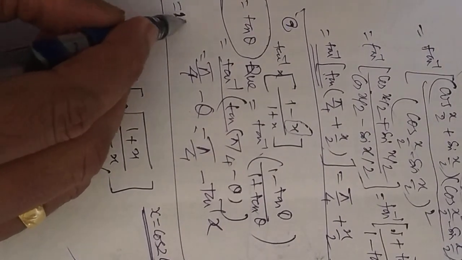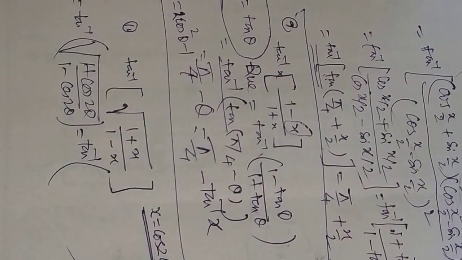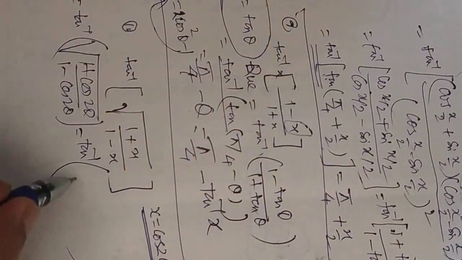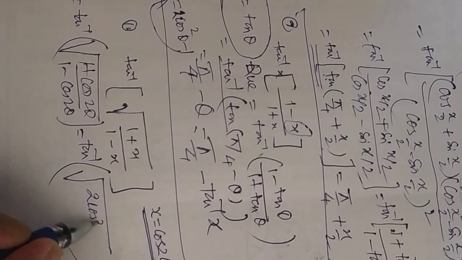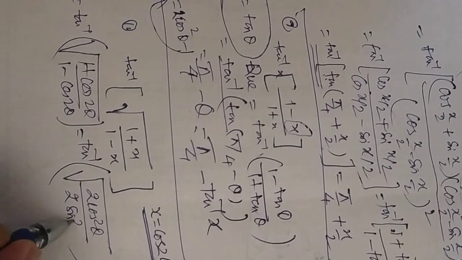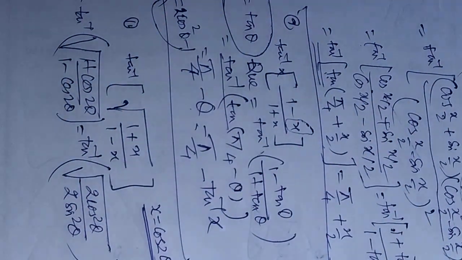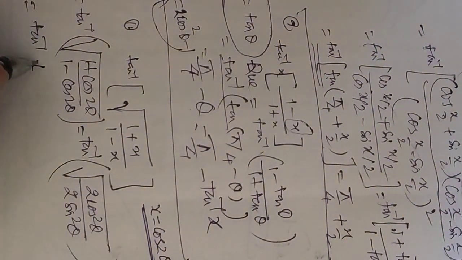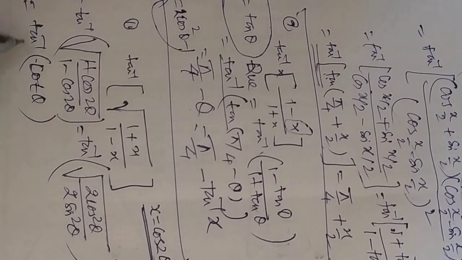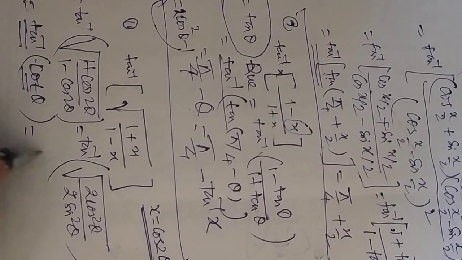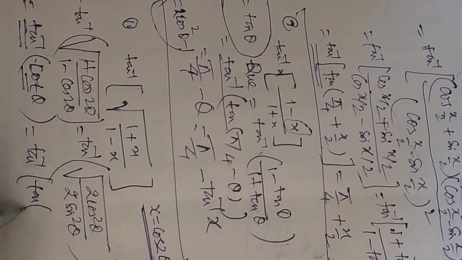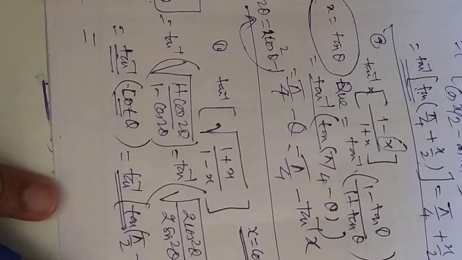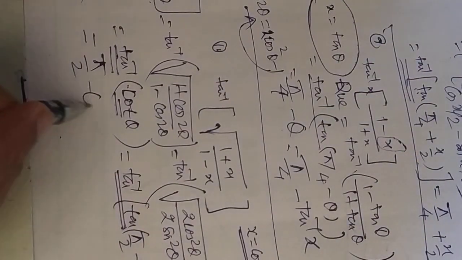Cos of 2 theta will be equal to, there are three forms out there, 2 cos square theta minus 1. I am just applying this one, because if I shift the 1 to this side, the numerator will be 1 plus cos 2 theta. So 1 plus cos 2 theta is nothing but 2 cos square theta. Similarly over here, 2 sin square theta. What will happen in the bracket? The 2 will get cancelled. You will be getting tan inverse of cot of theta. But tan inverse is there and cot is there, so the better approach is to keep tan inverse as it is. It is tan of (pi by 2 minus theta), because these two will be equal, and you will get the answer as pi by 2 minus theta.